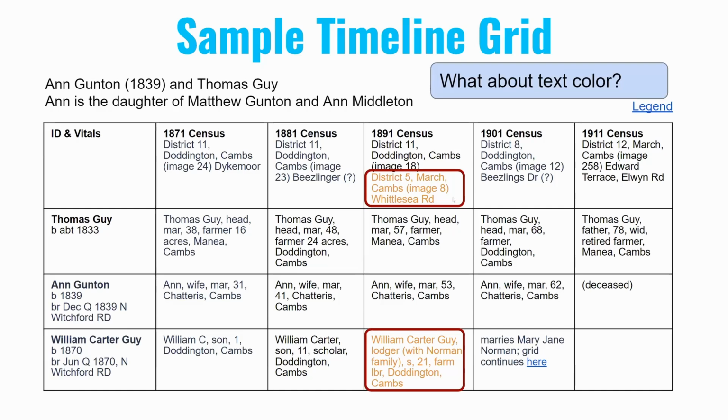But since he's in a different location, I colored his enumeration information orange and I colored him orange, so it makes it easy to see, okay, this is the son in this family, but he's not living with the parents right now. This is where he is, but mom and dad are still there and they're still in the original color. And then notice that when he got married, I started a new grid for him and his wife and